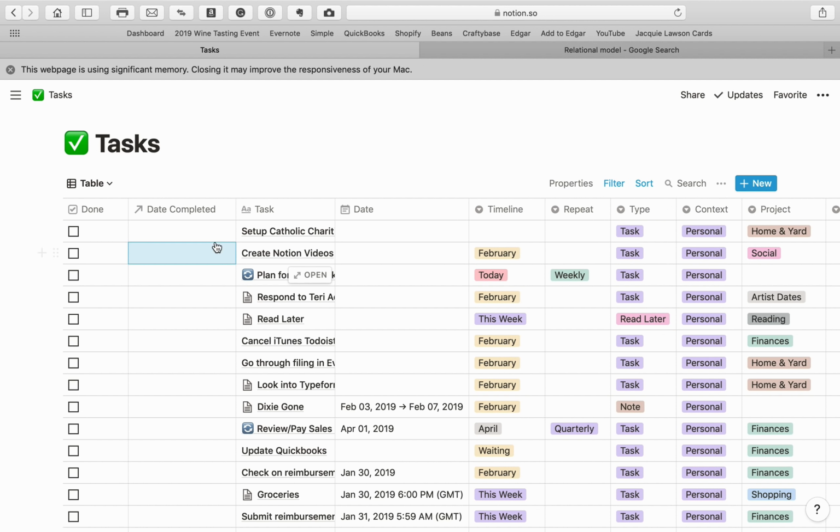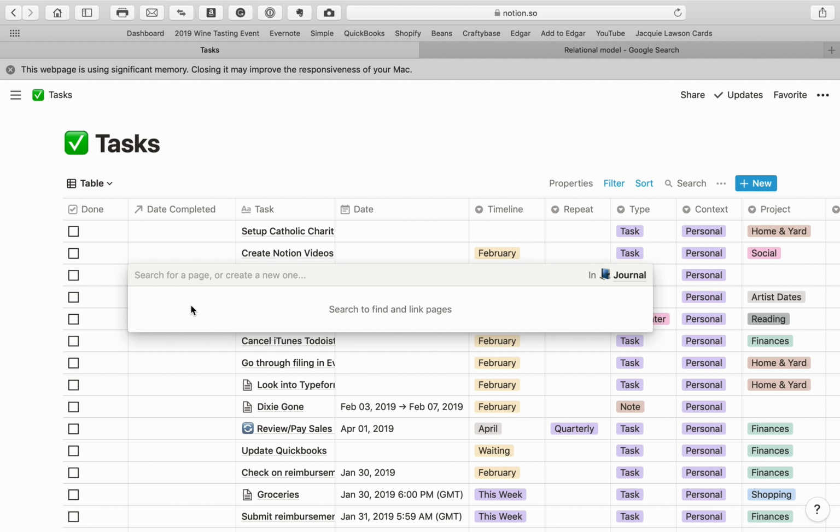Why did I do that? The reason I did that is because I have some repeats in here. Notion doesn't have a way to create repeats. So sometimes I want to make a notation that I've done something that day, but I don't want it to go away from this master task list. So the way that I have managed that is I can go ahead and click that I've done this on a certain day. This is slow going because